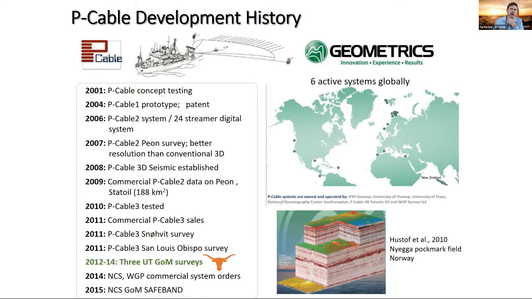And then we came along, at least in our system, in this 2012 to 14 timeframe. Since then, a lot has happened. I haven't really updated this slide. There are some commercial systems that are very similar out there. NCS operates one in the Gulf, WGP in the EU. And you'll see there are about 6 systems globally. This map's again out of date, but you see a lot of surveys in Norway where this technology was developed. And so that's the history of it.